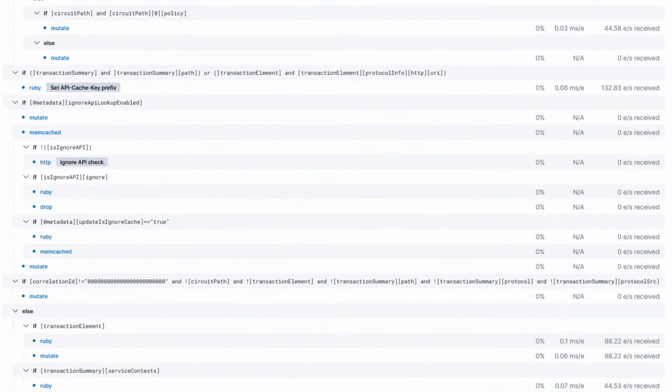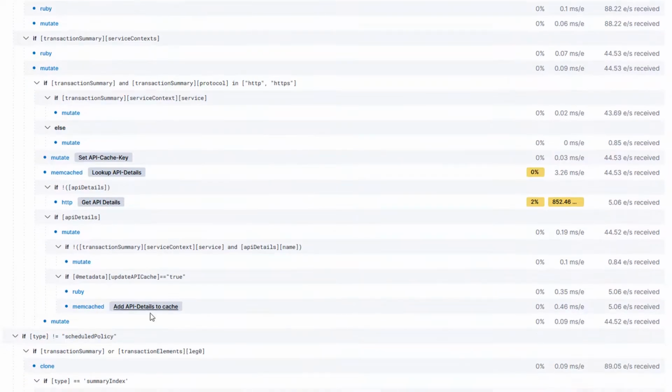And then you see that section here, which is obtaining the API details. So it performs a memcache lookup for the API details. And if there are no API details, then it's going to get the API details from API Manager via API Builder. And then, of course, once they are obtained, the API details are stored in memcached for the